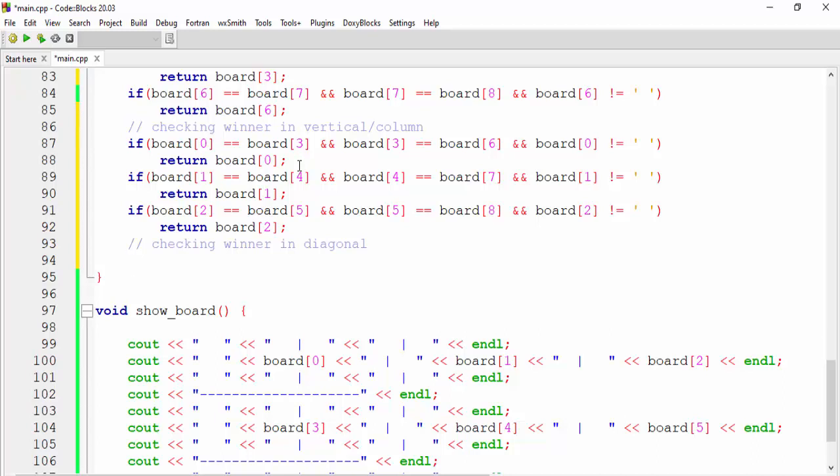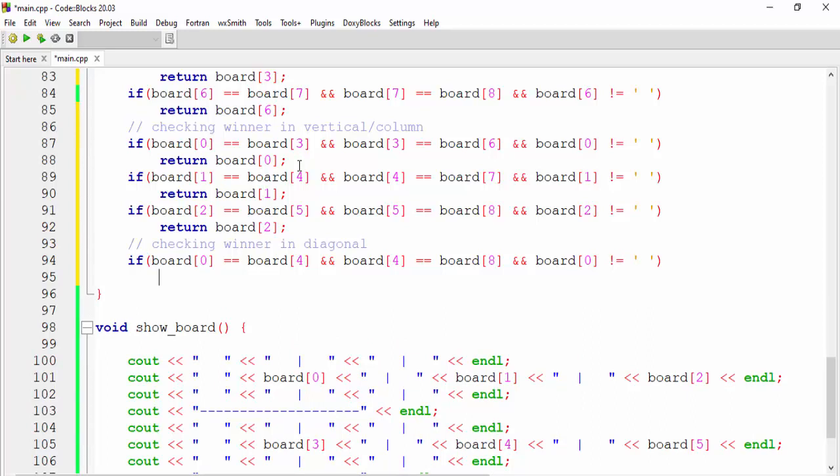So here what we will do, we'll say if board of 0 is equal to board of 4 and board of 4 is equal to board of 8 and board of 0 not equal to an empty space, then return board of 0. Okay, so here we are checking diagonally.